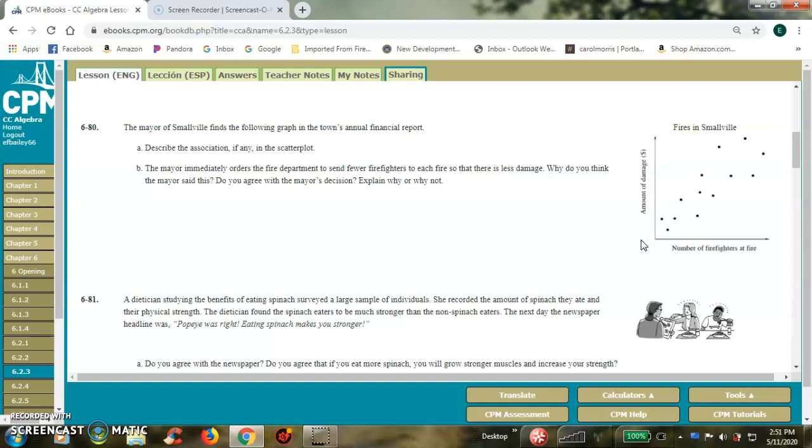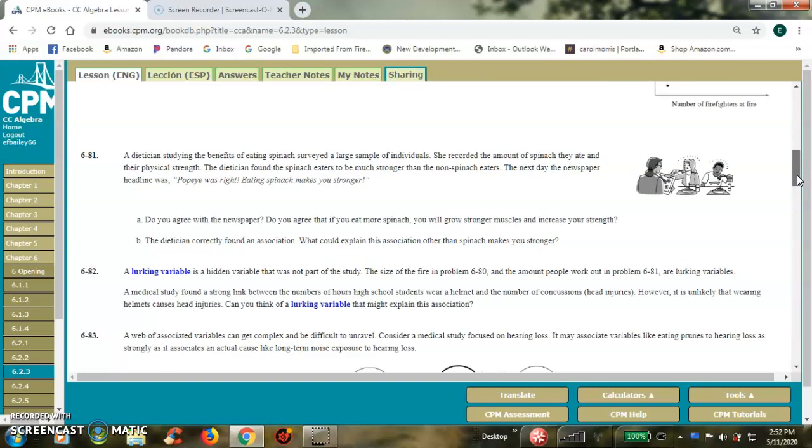So there are other factors that need to be taken into account here, such as why would more firefighters go to a fire? I bet this is what you said, right? More firefighters would go to a fire because it's a larger fire. And if it's a larger fire, there's probably more damage. And who knows, there might be some other factors as well. But this is the mayor making a mistake that association is causation, that the number of firefighters are what is causing the damage, right? Not thinking.